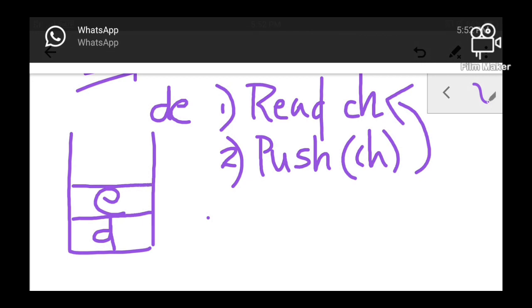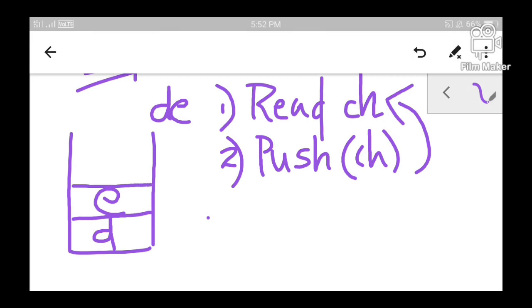Okay, so you know how a push operation is performed. Whenever we push an element into the stack, the top of the stack will be incremented by 1. Okay, which all things are discussed already. Clear? So the name is still incomplete. There are few more characters left. So I am going to read the third character. So the third character is V. Once the third character is read, let me push that also onto the stack.